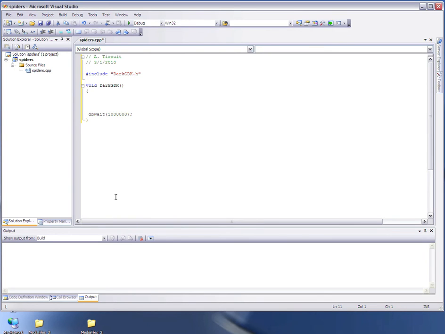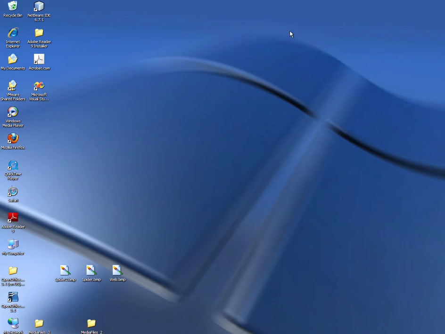Okay, so this time I have a background and two spiders. And the background is a web and the spiders are going to sit on the web. But before I start editing the code, I'm going to go ahead and copy those files into my folder now that it's created. So minimize the Visual Studio,